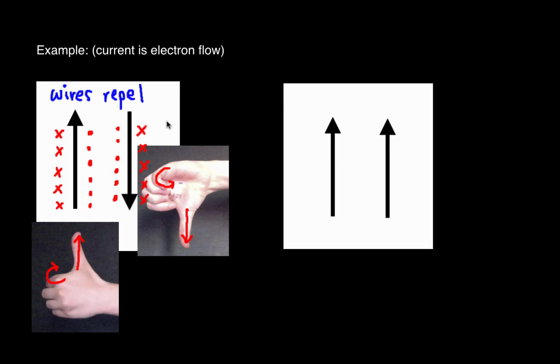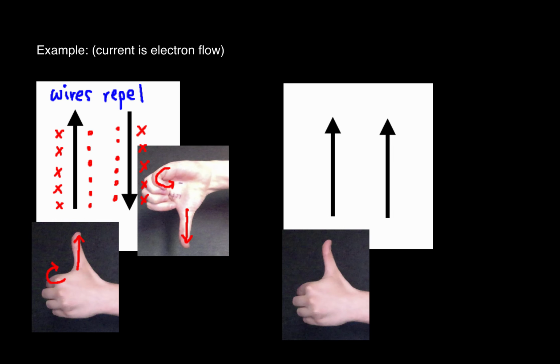For another example, we'll have two parallel wires placed next to each other with the current flowing the same direction through the wires. So for the first one, we point our thumb in the direction of the current and our fingers point in the direction of the magnetic field, giving us a magnetic field into the page on the left and out of the page